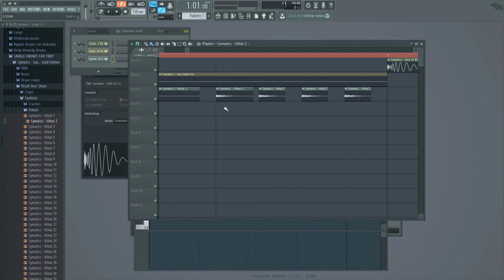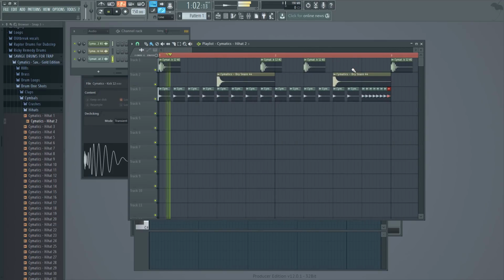And then if you ever want to slice an audio clip that you have in your playlist, you go right here, hold down your left click button, drag up like that. And then now we have a perfectly easy section of our hi-hat there that we can just drag and make a cool little pattern like that. So